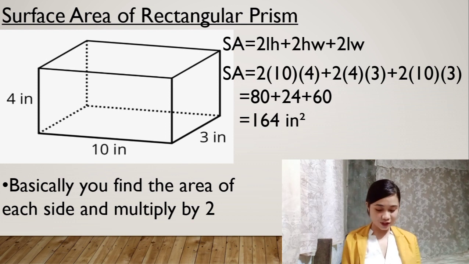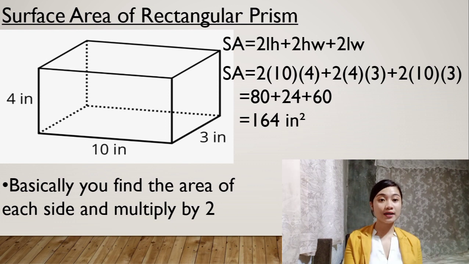And then next is 2 times 4 times 3, which is equal to 24. And the next is 2 times 10 times 3, which is equal to 60. So 80 plus 24 plus 60, all in all, we have 164